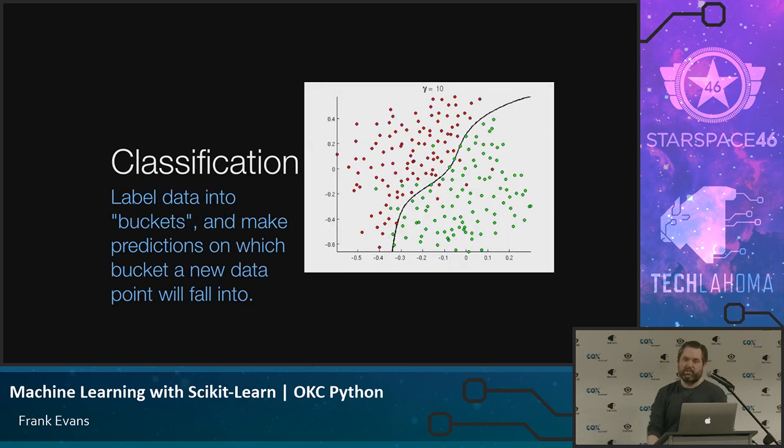Whereas classification, we're kind of trying to divide things up into groups. So my email wants to know, is this spam or not spam? I want to be able to tell which flower I'm looking at based on its characteristics, which comes from the data set we're going to use today. So somehow I want to take the data that I have and I want to put it into buckets, put it into categories, sort it in some capacity. Okay.